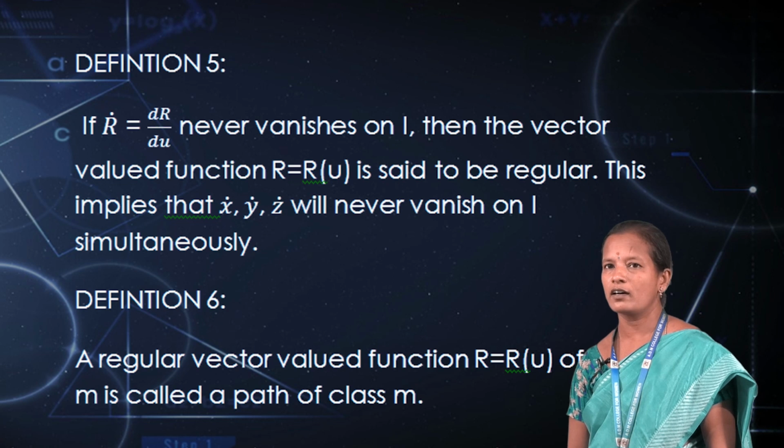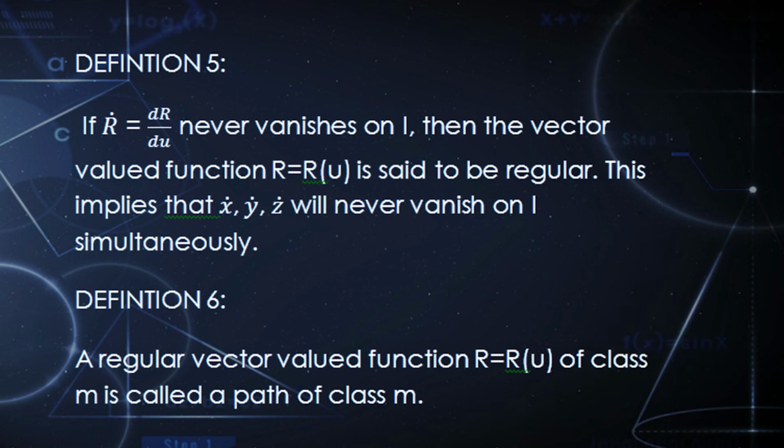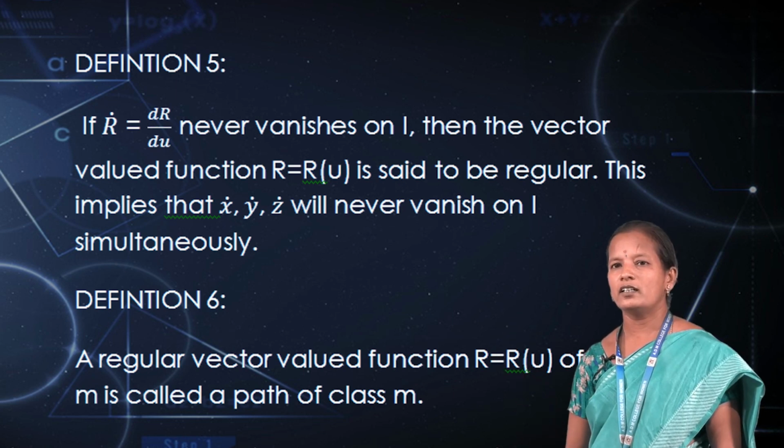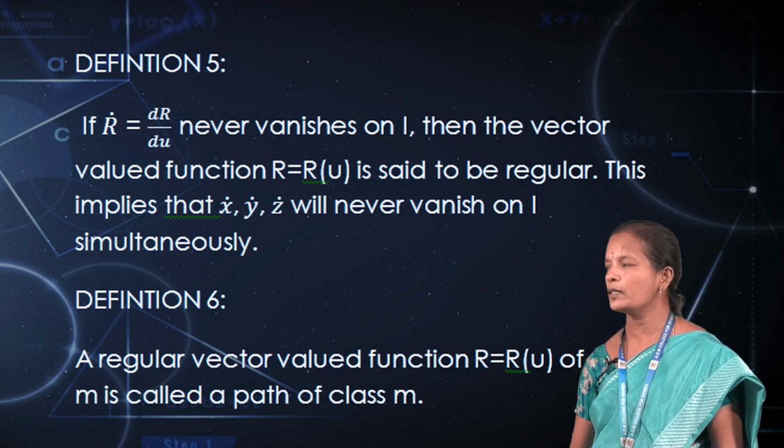Next, let us go for R dot. What is meant by R dot? That is dr by du. If R dot equal to dr by du never vanishes on I, then the vector valued function R equal to R of u is said to be regular. This implies that x dot, y dot, z dot will never vanish on I simultaneously. A regular valued function R equal to R of u of class M is called a path of class